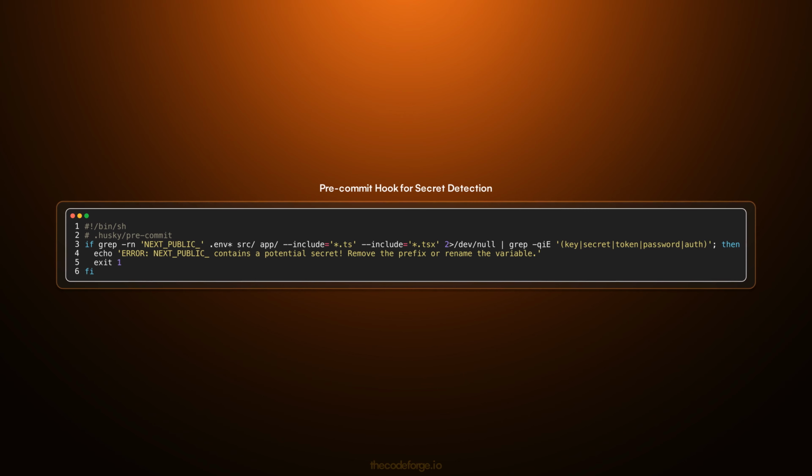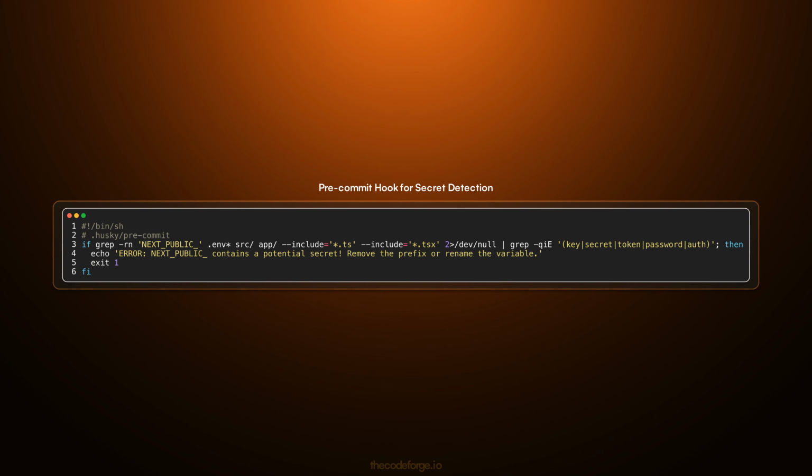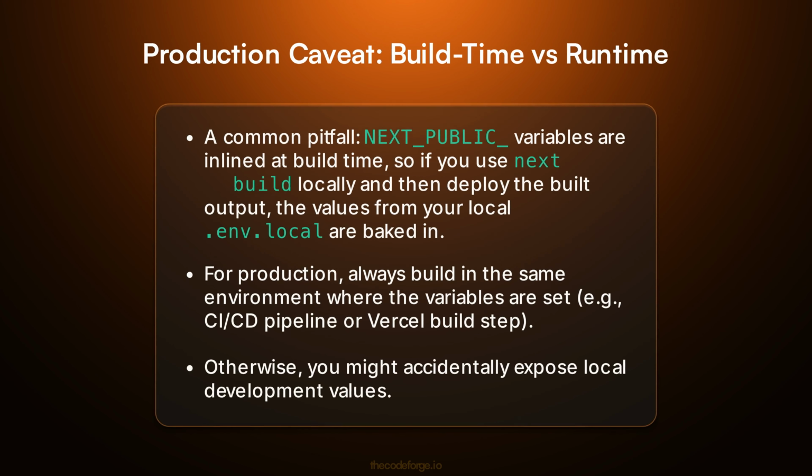The article mentions pre-commit hooks, but doesn't show a concrete implementation. Below is a Husky pre-commit hook that scans for NEXT_PUBLIC variables with suspicious names and blocks the commit if found. A common pitfall: NEXT_PUBLIC variables are inlined at build time, so if you use next build locally and